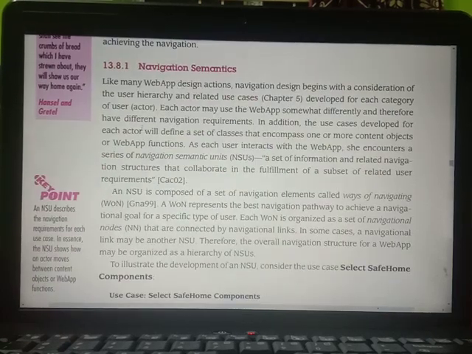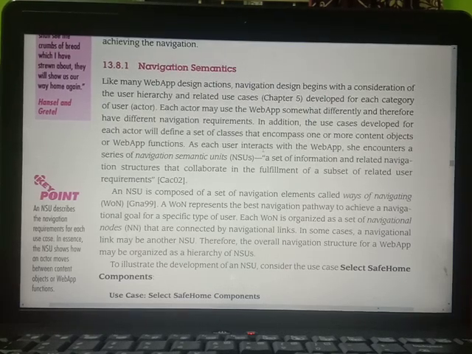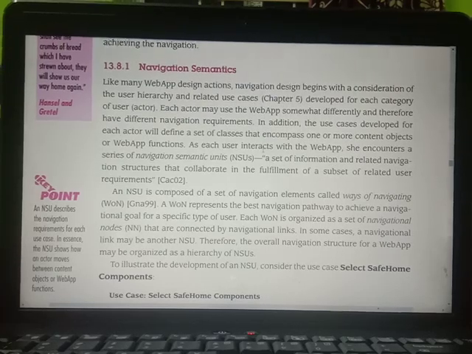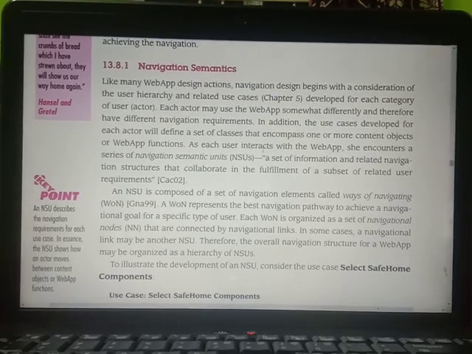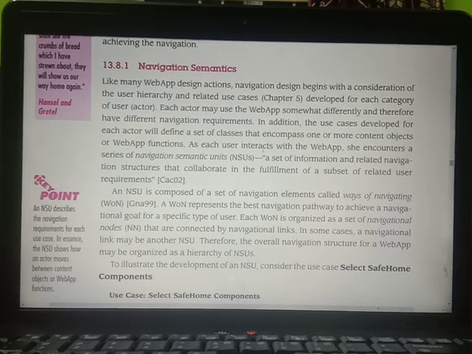So the first one is navigation semantics. Like many web app design actions, navigation design begins with consideration of user hierarchy and related use cases. In which way the user is going to interact, and what are the communications given by the user with the system, are called use cases, and they are taken into consideration.